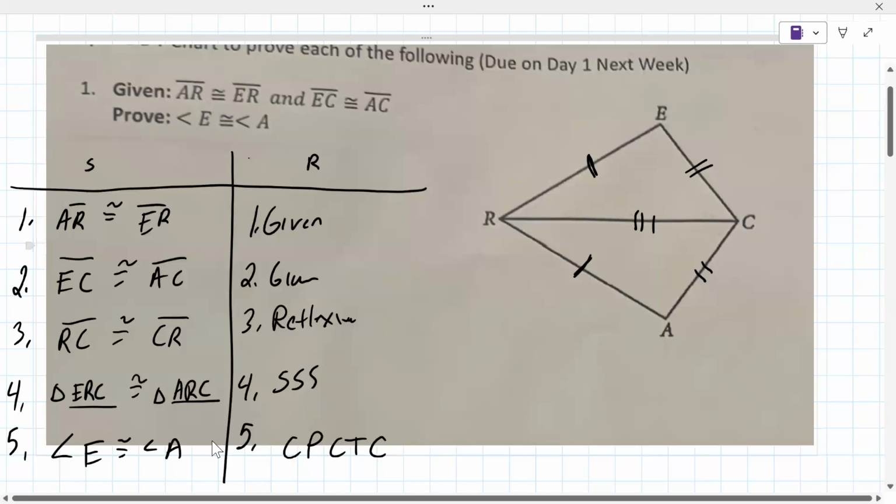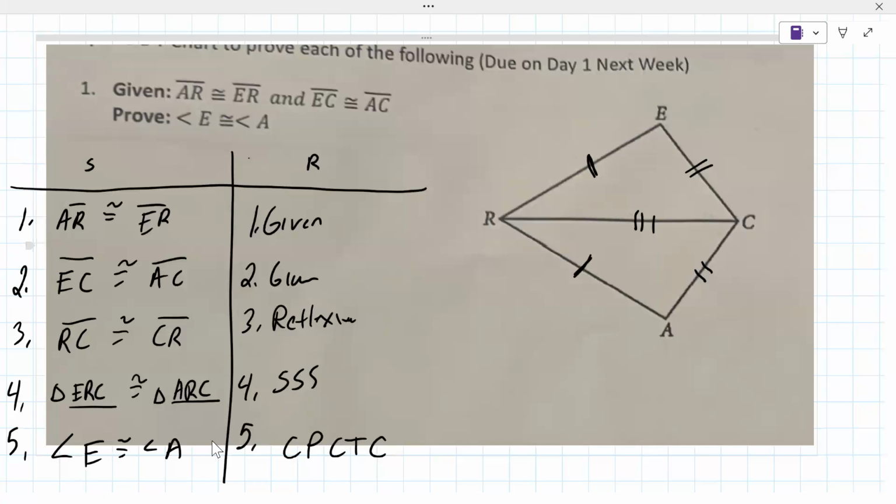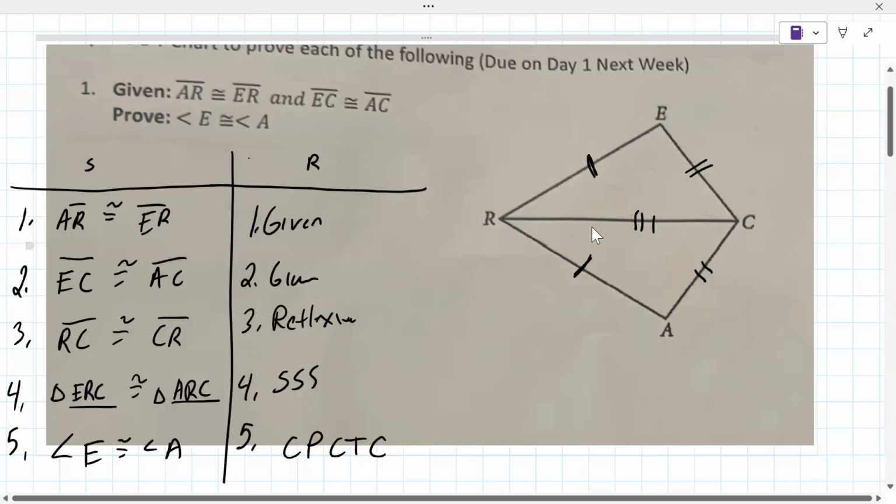So how did we get the third side? Oh, the reflexive. But why was it reflexive? What was it about that that was so important? Because we knew that they were congruent, but there wasn't a way to show